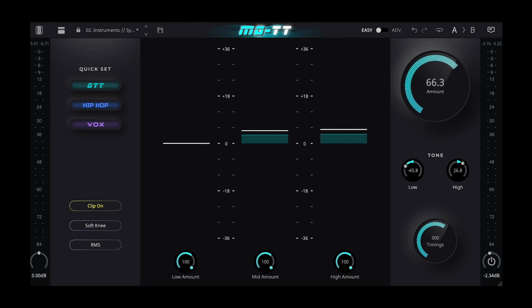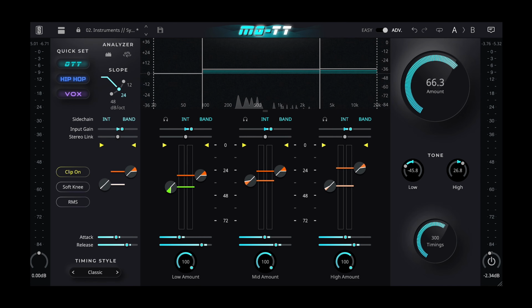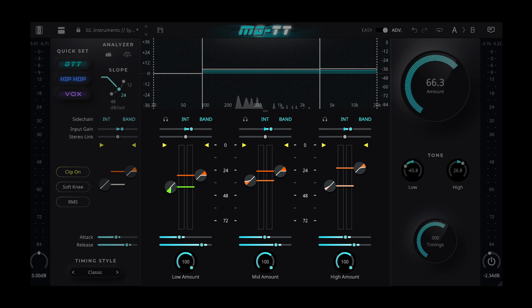So where things get really fun is in the advanced mode. We were looking in the easy panel, now we're in the advanced panel. MOTT's advanced mode gives us complete control over MOTT with lots of new features that go way beyond what's possible with Ableton's OTT. The center section of the plugin allows you to precisely adjust the low, mid and high bands with a really nice frequency display, which is easy to read with these really nice